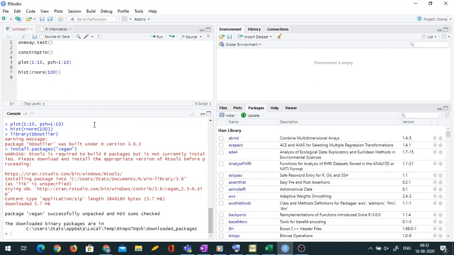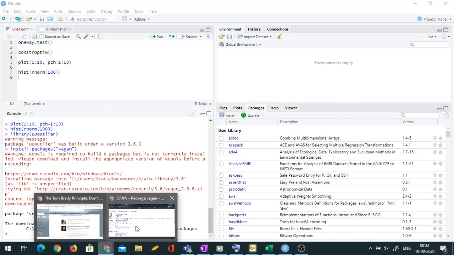In R or in RStudio, if you want to install packages by clicking via the CRAN repository, then you will need access to the internet continuously. If you don't have access to the internet, then you have to resort to downloaded versions, which means you have to download when you have internet and then install via zip packages. So what to do with the dependencies? What you can do is